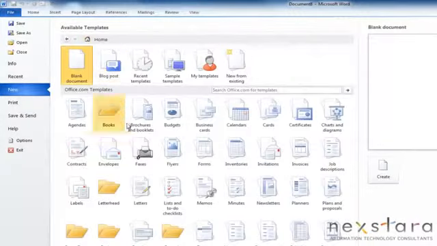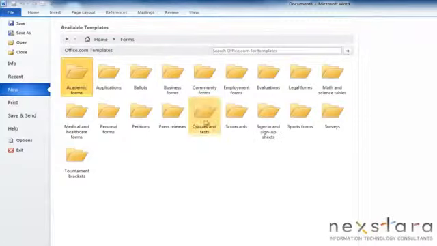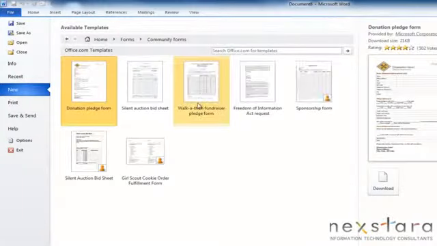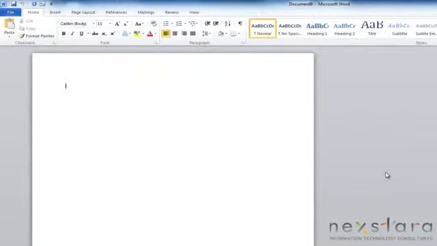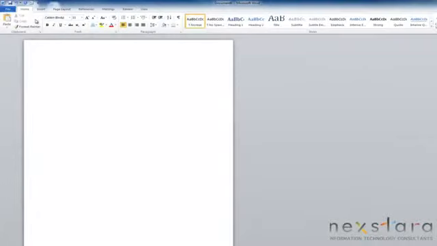Or your other option is if you have access to the internet, you can come down here, and these are your office.com templates. And there's just a little bit more wide variety down here, and so it's the same thing. You would just click, search for what you need, and click the download button, and it'll pop right up. For our purposes right now, we're just going to create a regular old blank document. So all you need to do is click create, and it'll pull it right up for you. Alright,